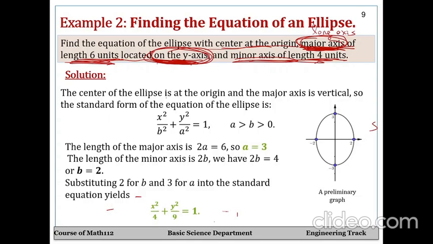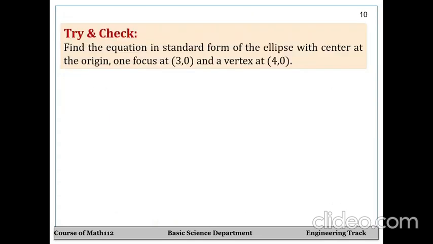Okay, this is exactly what I explained to you. Now let's do this try and check exercise. It says find the equation in standard form of the ellipse with center at the origin and one focus at 3, 0 and the vertex at 4, 0. The best way to understand this question is just